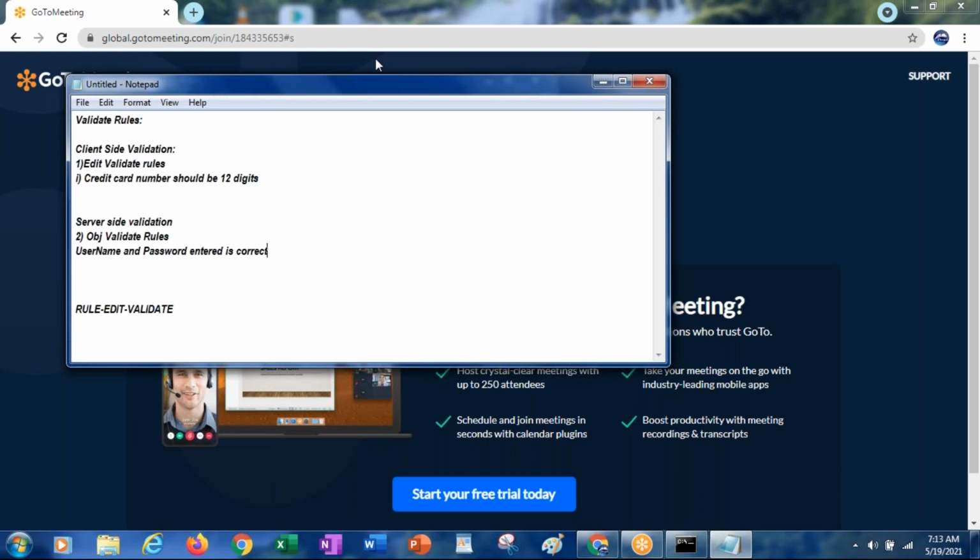Always the values which you are entering at the user interface will be verified at the server level. I have given an example like username and password, but it can be anything else as well. If the values you want to verify are available in the server, then it goes for server side validation. Otherwise we'll go for client side validation.